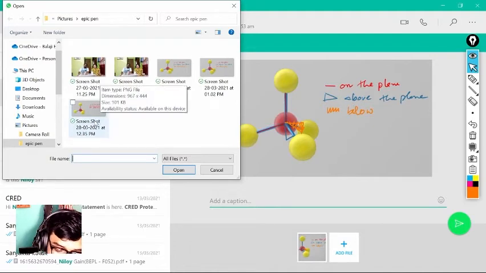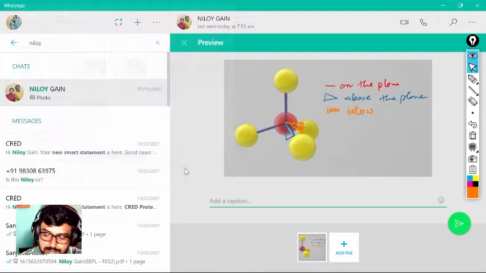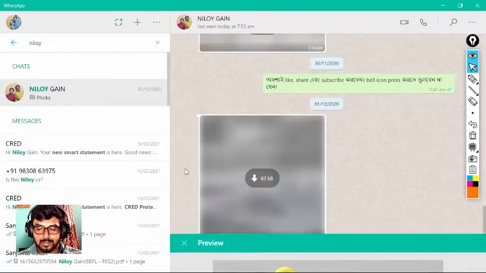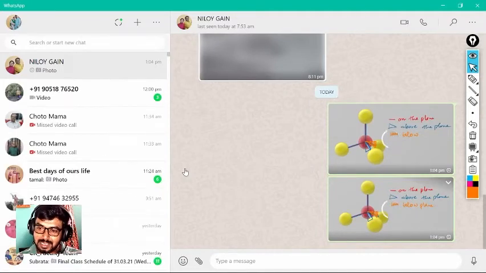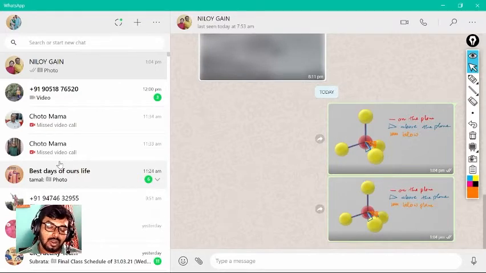I have already saved it here, so I can send it this way also. Both ways we can send it, just posting it to myself so that I can have the demo properly. I can use this in demonstration during live classes. I can use this in demonstration during doubt clearance. I can use this particular screenshot in OneNote or in Kodo, whatever version you are using.